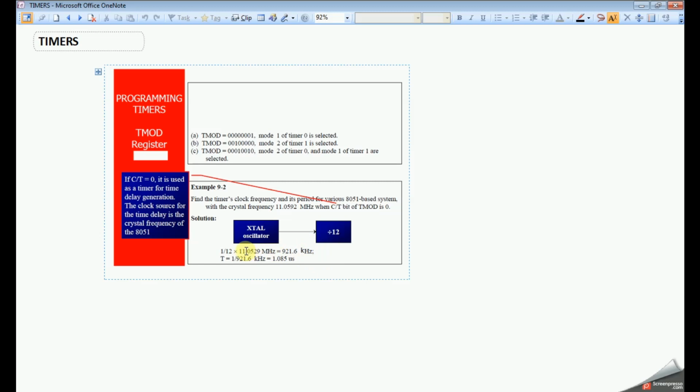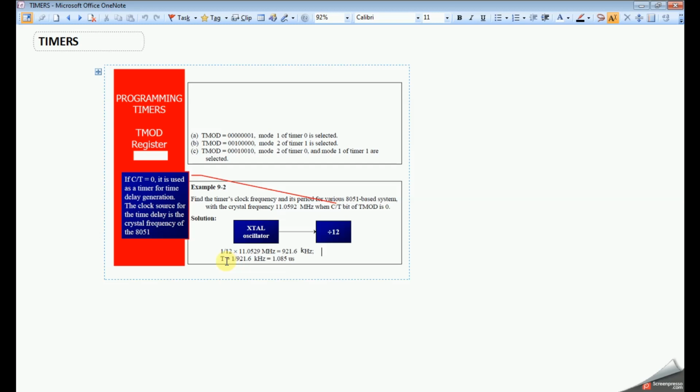If you calculate the timers clock frequency by dividing by 12, you will get 921.6 kilohertz. That means 11.0592 divided by 12 gives 921.6 kilohertz. This is the frequency. We need a time period.